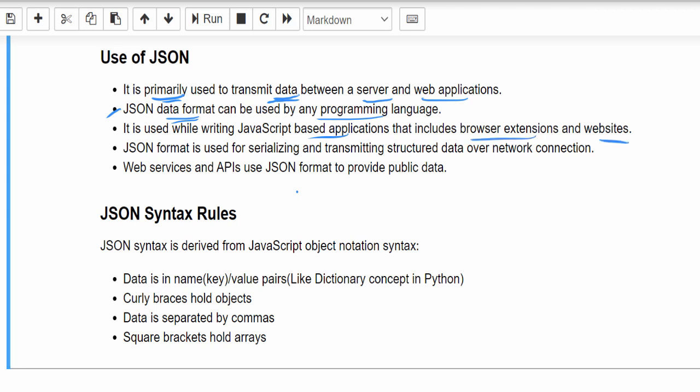And the fourth point, just for knowledge purposes, it is used for serialization and transmitting structured data over a network connection. So network people will know about this. They also transfer data with the help of JSON files. And the fifth important point is that for web services and APIs, the JSON format provides public data.